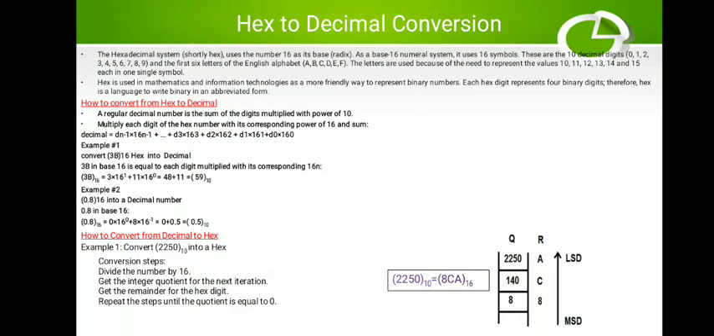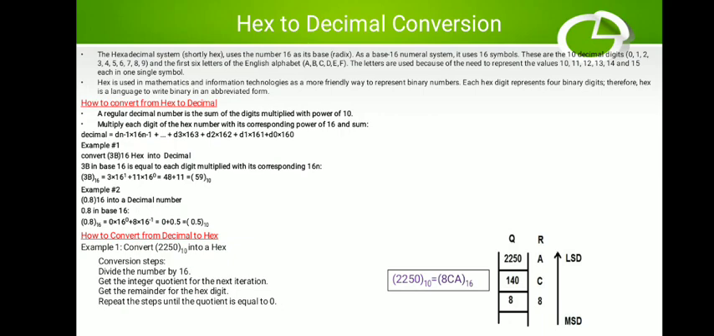So now in the example, we can see we have shown a hexadecimal number 3B with base 16, right? So what we'll do now, what is our least significant digit here? B. But what is B? B we know is equivalent to decimal 11. So 11 will be multiplied by the lowest power of the base, that is 11 multiplied by 16 raised to 0,